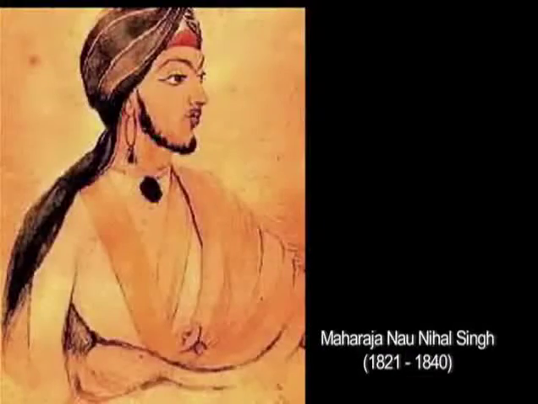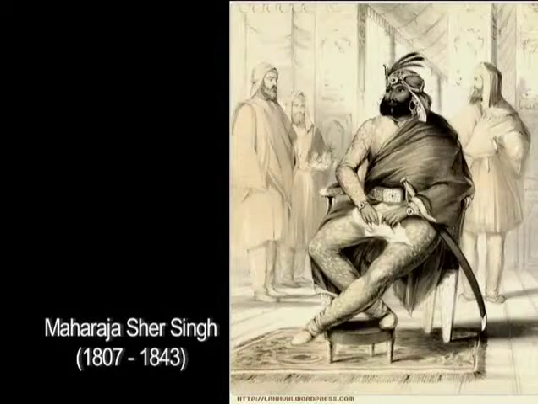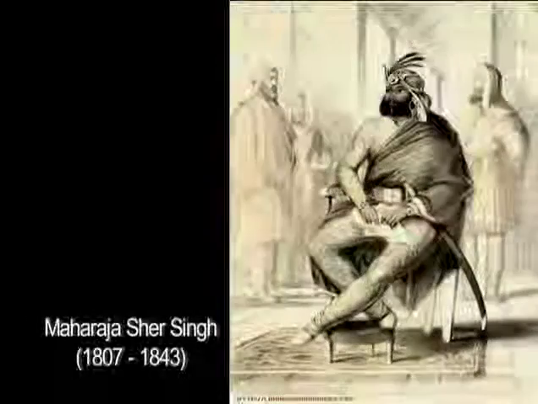But Kharak Singh didn't have a long life. He was not strong enough, so taking advantage of his weaknesses, his son Nihal Singh started managing the affairs of the state. But Nihal Singh didn't live long either. When he was returning from the funeral of Kharak Singh, they had an accident. Nihal Singh died. Sher Singh, the eldest son of Ranjit Singh, became the ruler, but didn't have a very safe tenure because constantly he had troubles.